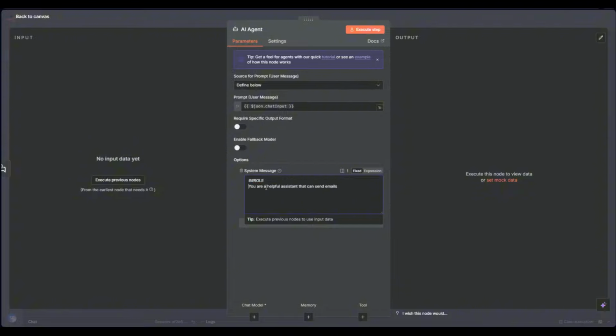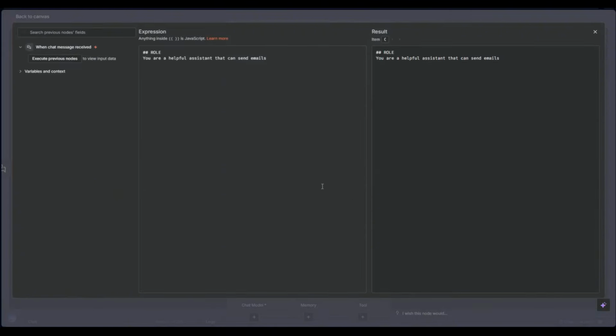This is the rule for the agent. So see, I cannot open it. I can just do this because it's fixed. But if I turn to expression, then I press this one, so I can open it and put anything I want. Let's say like overview, for example, or the output itself, or the email reply, like this one,